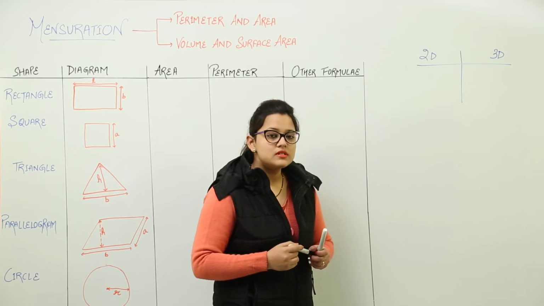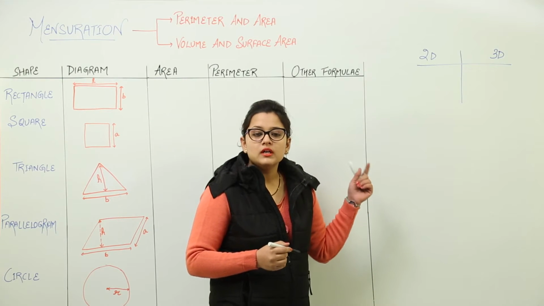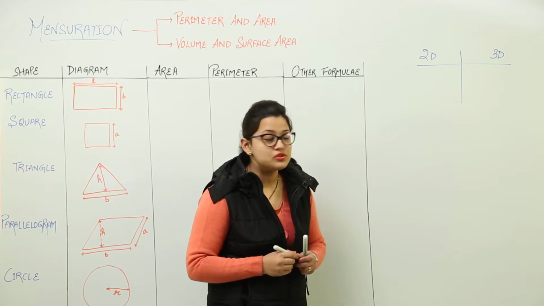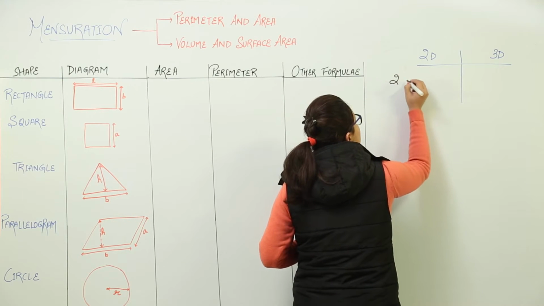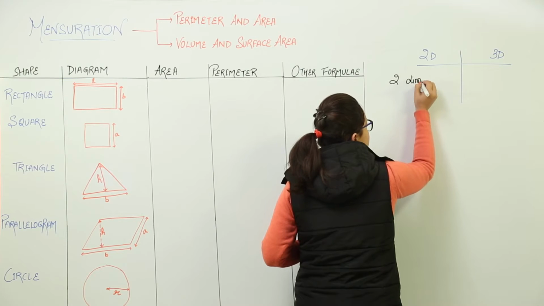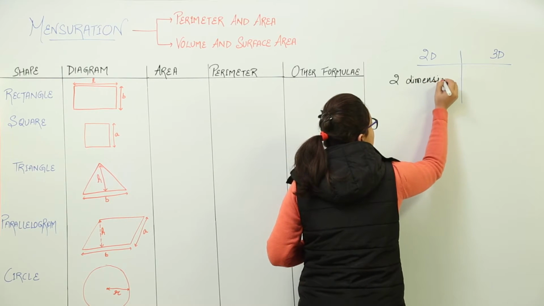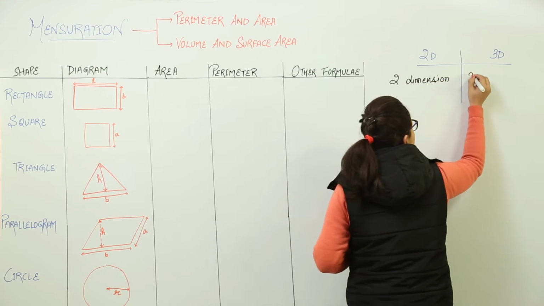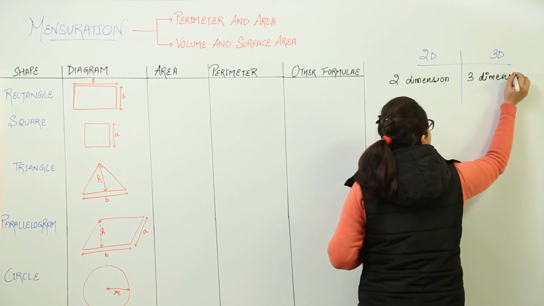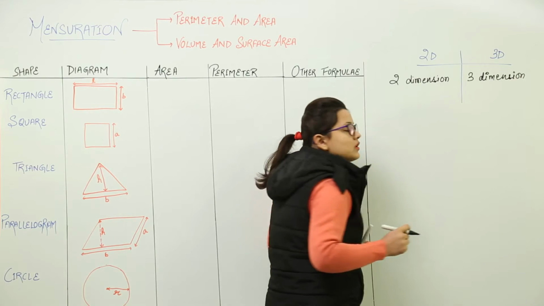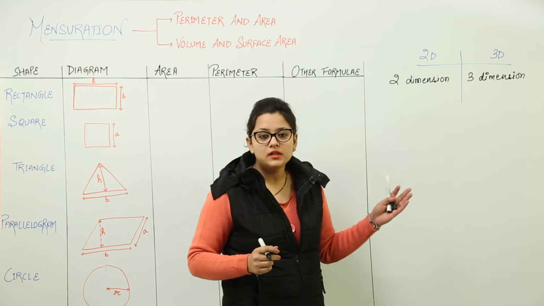See, what is the difference is, as the word 2D, here D stands for dimensions. So by the word 2D we mean to say it has two dimensions. The shapes that have two dimensions are known as 2D shapes, and the shapes that have three dimensions will be known as the 3D shapes. Now what is the actual meaning of having two dimensions or three dimensions?